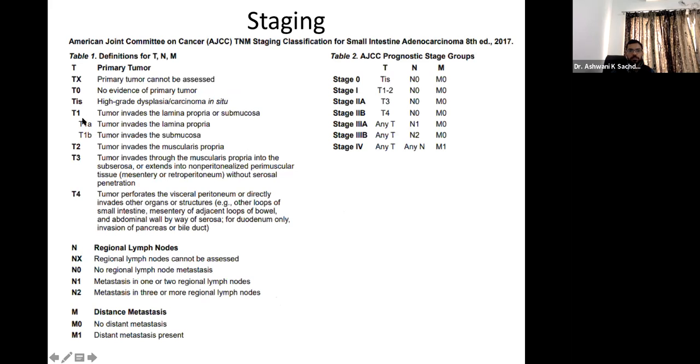So staging: Tis invades the lamina propria and submucosa. T1 is lamina propria, T1b submucosa. So T1a is